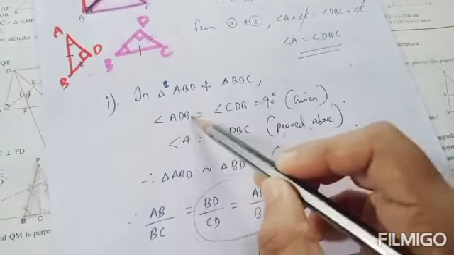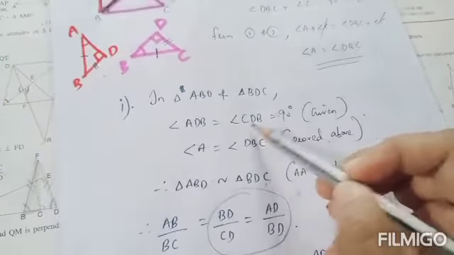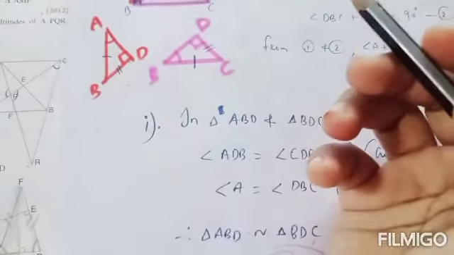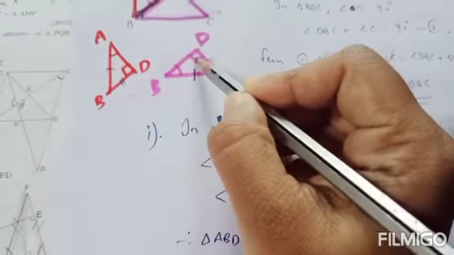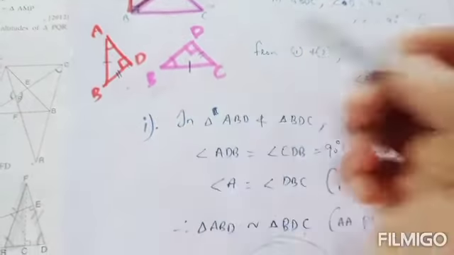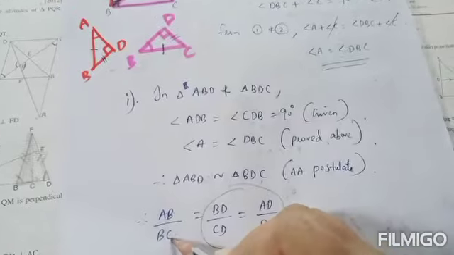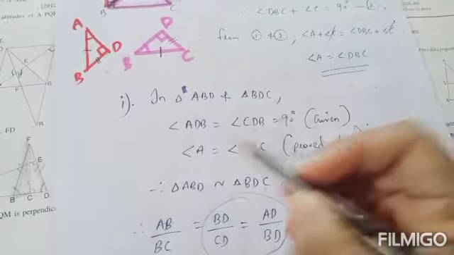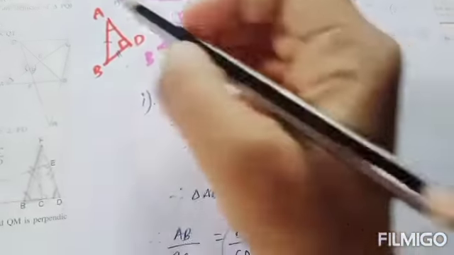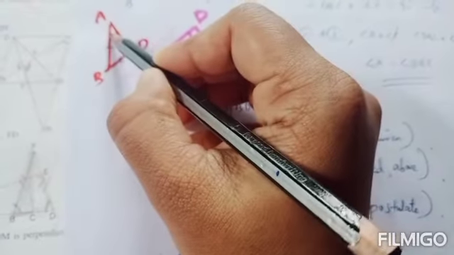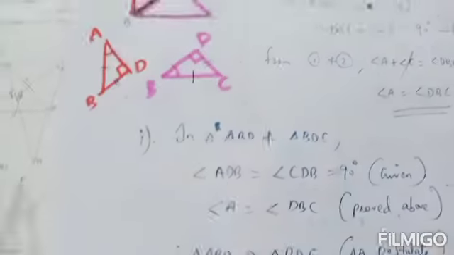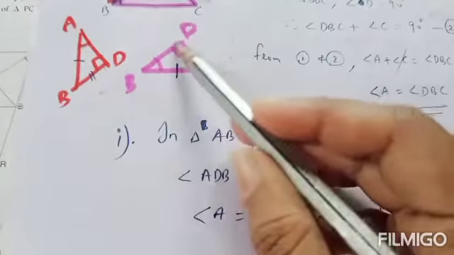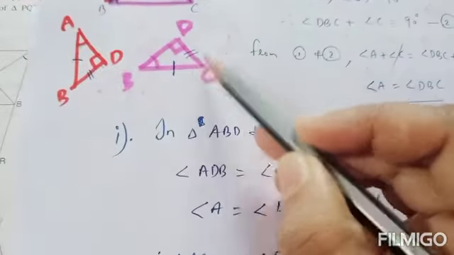The sides opposite to angle ADB and CDB we can take first. So ADB, it is this angle, side opposite it is AB. Okay, now CDB, it is this angle, side opposite it is BC. So AB by BC, first ratio. Okay, next angle A equal to angle DBC. So side opposite to angle A and angle DBC we can take. So this is angle A and side opposite to angle A it is BD. Okay, now this is angle CBD or DBC, side opposite to it is CD.